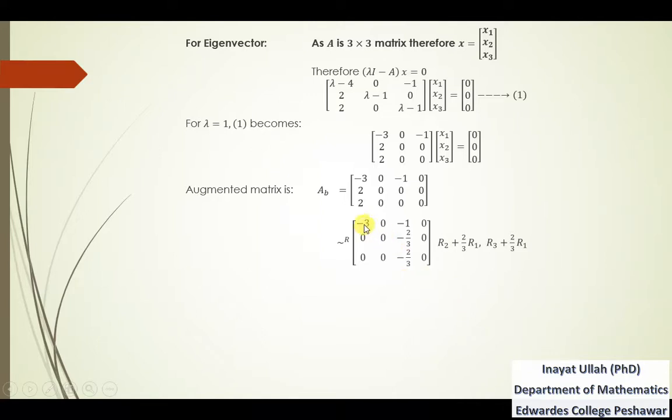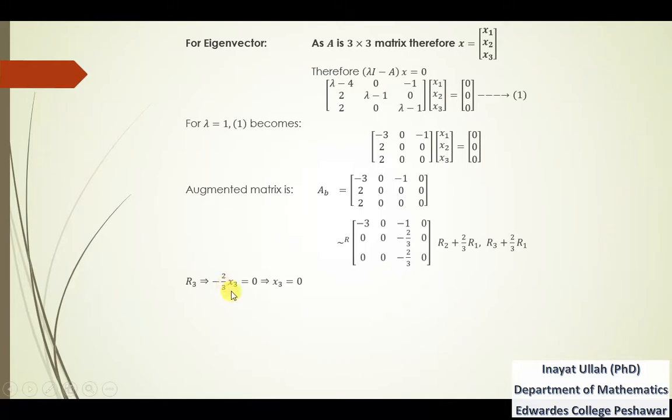Now you see that this augmented matrix is converted into upper triangular. Below this main diagonal, all elements are 0. So these are the coefficients of x1, these are the coefficients of x2, and these are the coefficients of x3. So using back substitution, what is back substitution? Starting from row 3, minus 2 by 3 into x3, because this is the coefficient of x3, minus 2 by 3 into x3 is equal to 0,